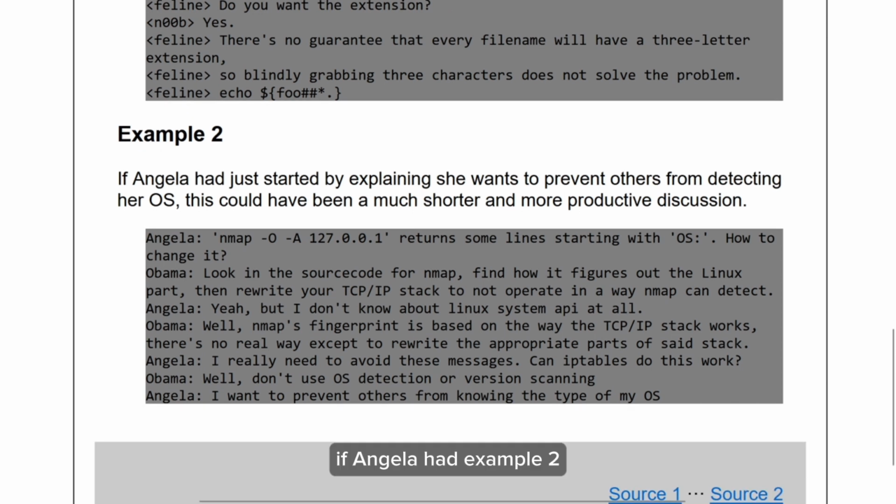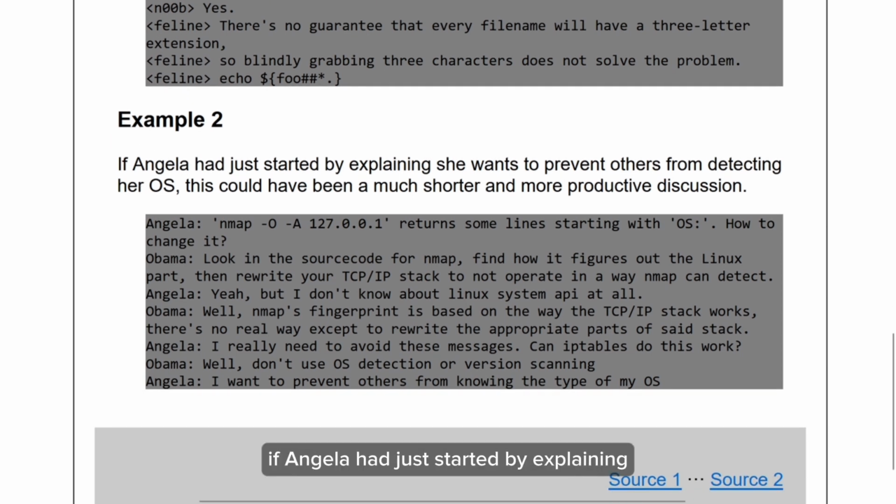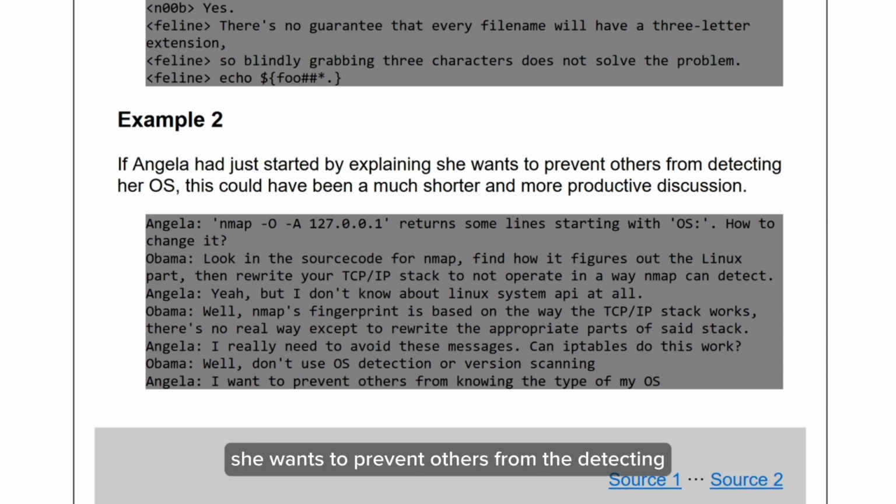Okay. If Angela had, example 2, if Angela had just started by explaining she wants to prevent others from detecting her voice, this could have been a much shorter and more productive discussion. Angela,